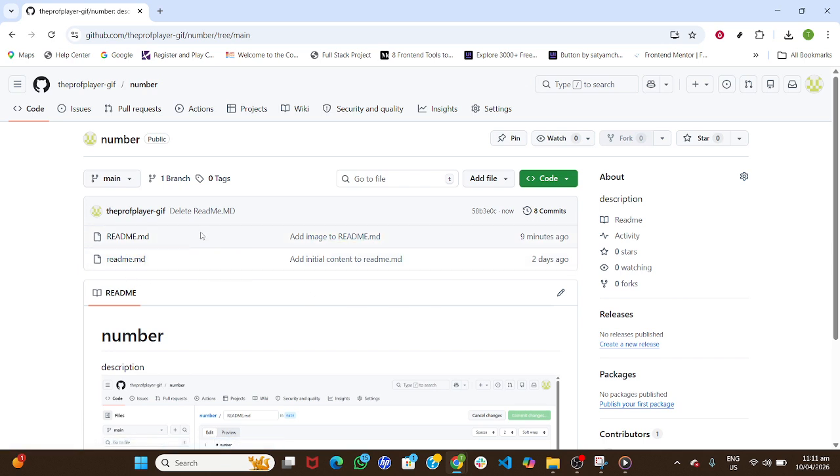When everything looks right, click Commit Changes. GitHub will process your deletion and return you to the repository. To verify, check the file list on the branch you targeted. The file should no longer